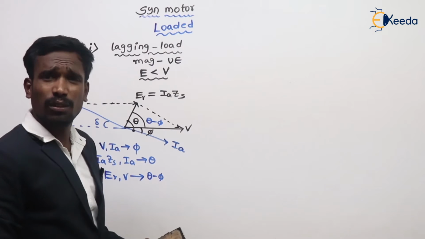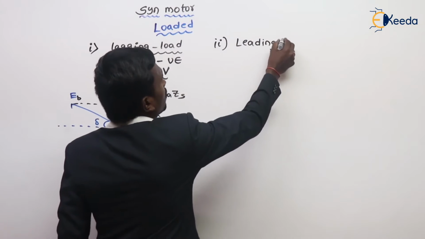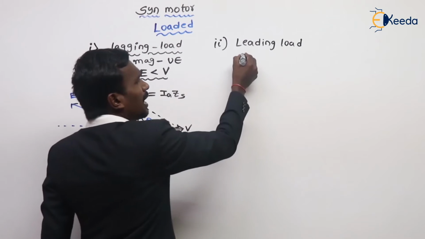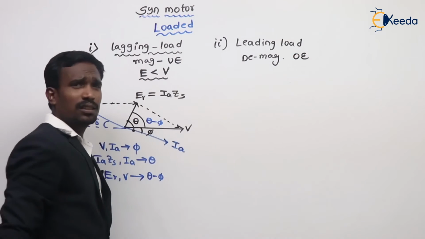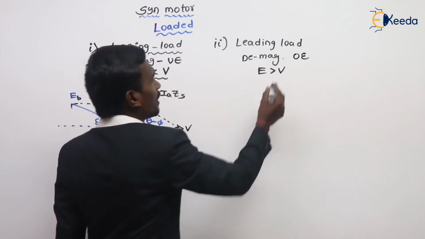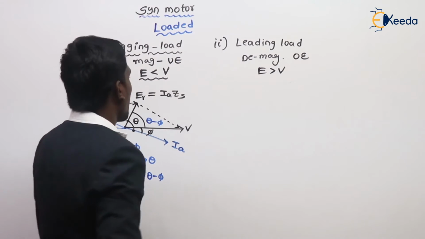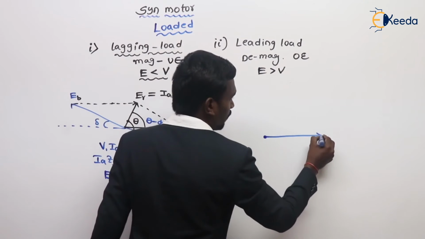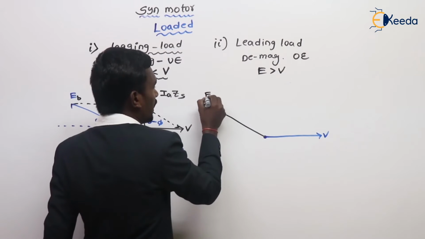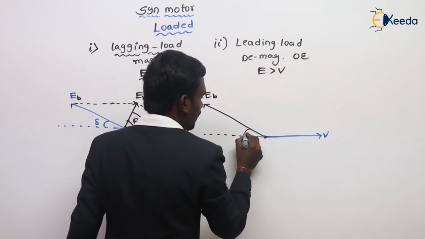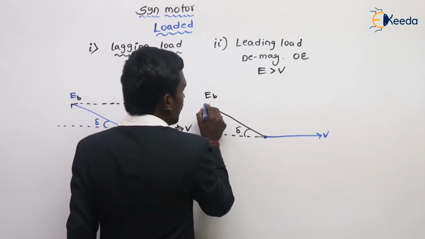Let's go for the leading load, case 2. For leading load, the armature reaction is demagnetization, nothing but overexcitation. The back EMF is greater than the supply voltage because of the overexcited condition. Draw this as my supply voltage V. The back EMF should be greater than the supply voltage, and the angle here is delta. Overexcited, so delta is more, and the resultant is